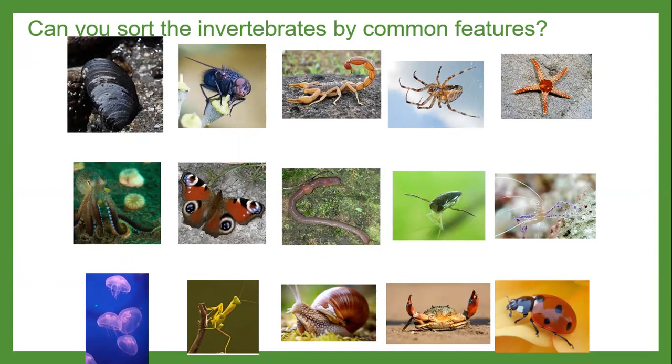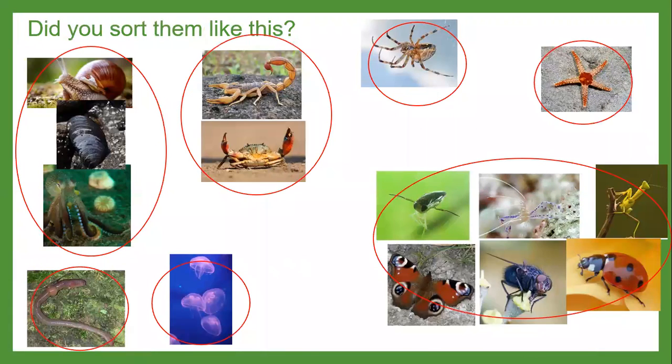Okay, fantastic. Welcome back. Hopefully you sorted them into several types of groups in different ways as well. And let's continue to see how we can get on. So you may have sorted them like this. Starfish, you've got arachnids, you've got insects, you've got ones that have claws, you've got worms, you've also got jellyfish grouped separately, and then you've got slugs and snails.